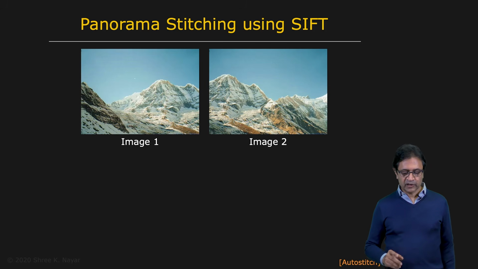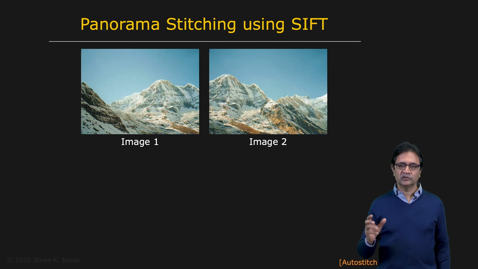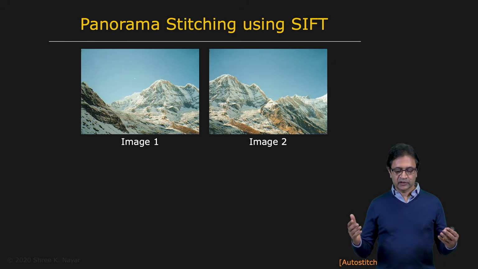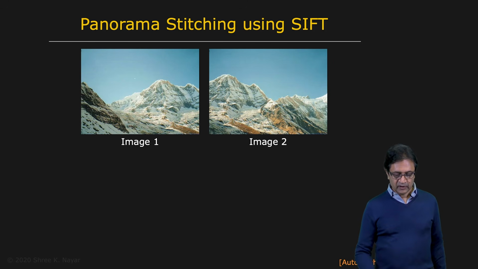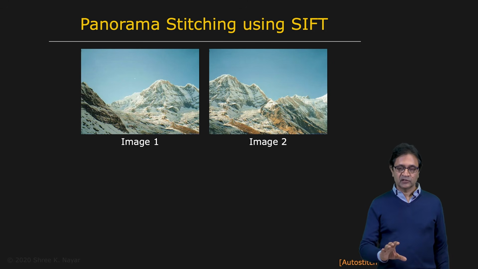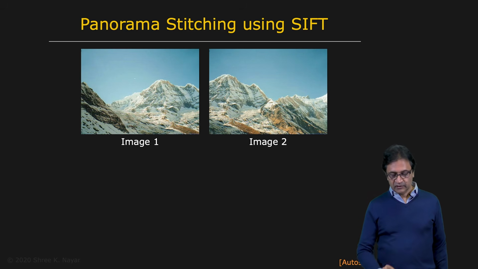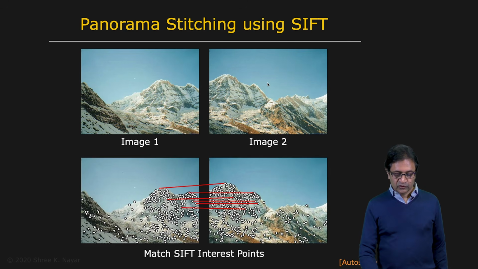Here is one which is very popular, which is stitching images together to create a larger image or a panorama. We are going to devote an entire lecture to this, and that's actually the next lecture. However, let's take a look at a simple case here. You have two images, and what you do is you first find SIFT features in both the images. And then you use the descriptors to match features, and you see that these ones match right here.